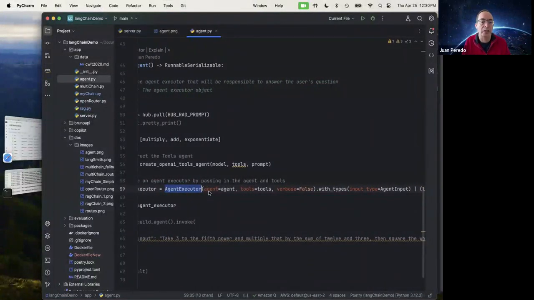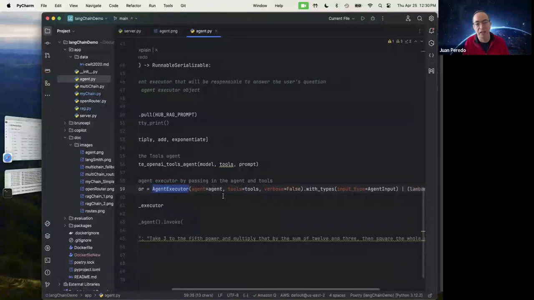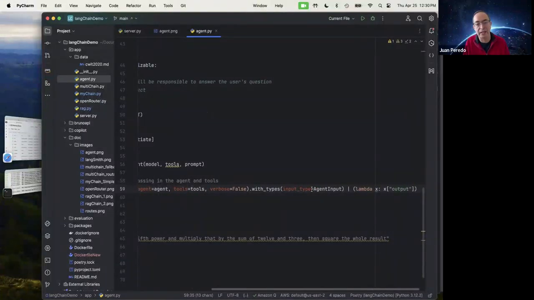Now, in the other chains that we were creating, the playground automatically knew what type of input we were expecting. With the agent executor, it doesn't know what input we're expecting. So we're going to explicitly say what input type we're looking for, and in this case, an agent input.